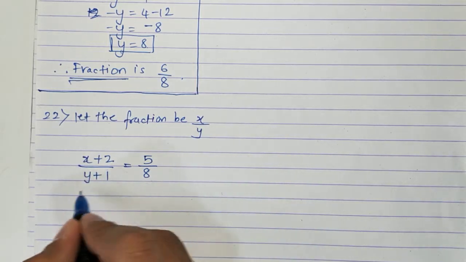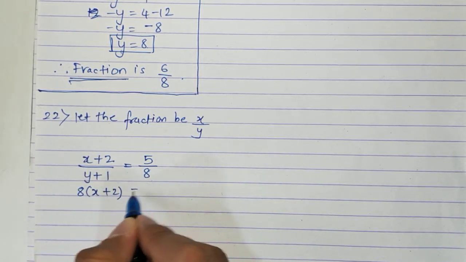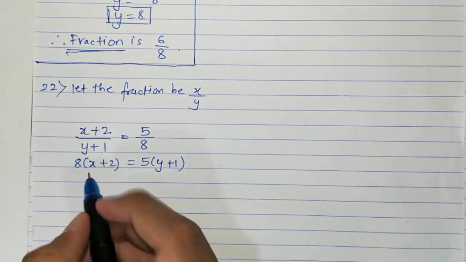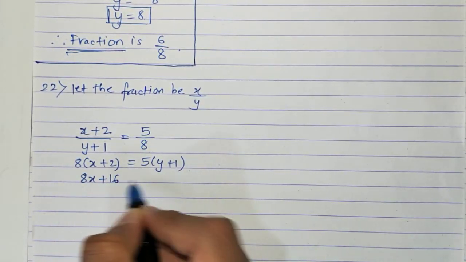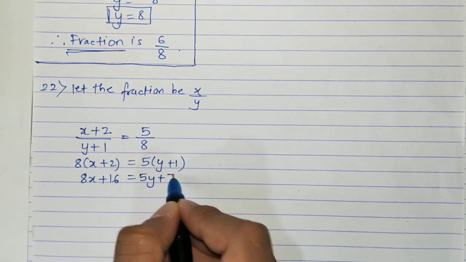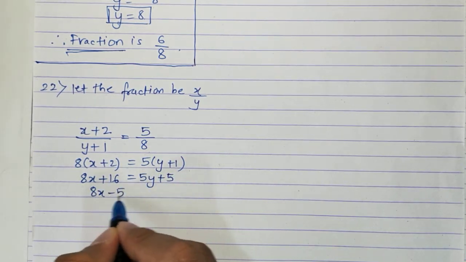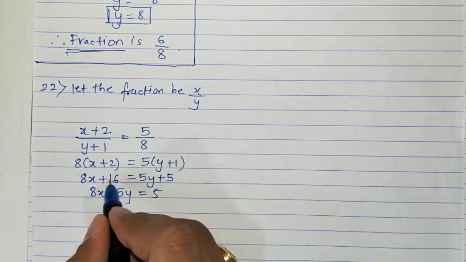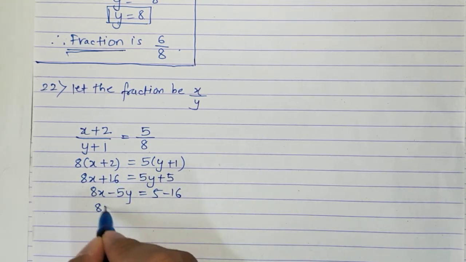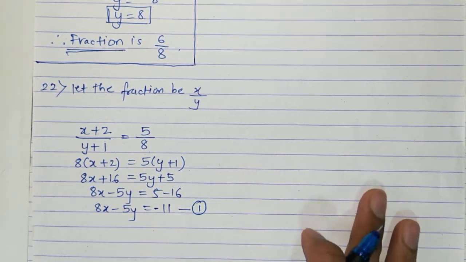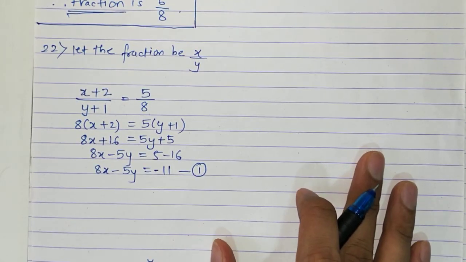So now cross multiply this. This 5y will come on the left hand side. The 16 will come here. This is your equation 1. Okay, then